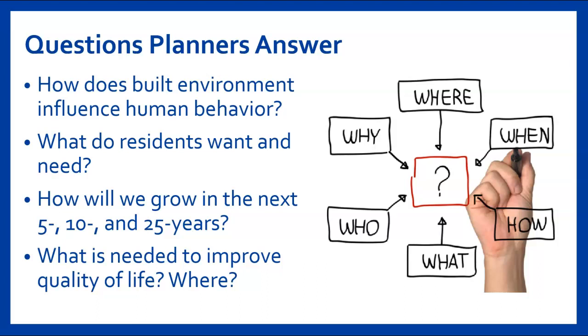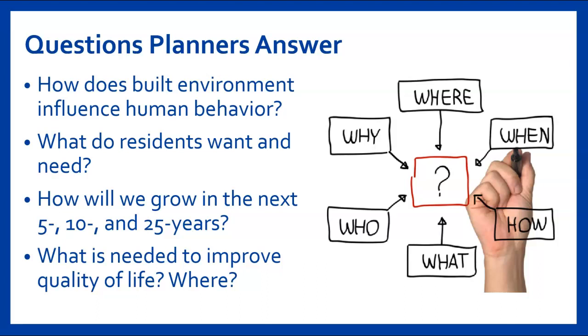We need to know, what do our residents want and need? A huge part of planning is community outreach and stakeholder outreach. Every plan, every item we have is built on what our public says. So we don't go haphazardly and build a mall. There's a lot of internal and external meetings that happen, where it's sitting down and talking to the residents and businesses and community members and finding out, is this something we want? Maybe we don't want it here. Maybe we would rather have that over here. Or maybe we just don't want it at all. That's all part of the planning process.